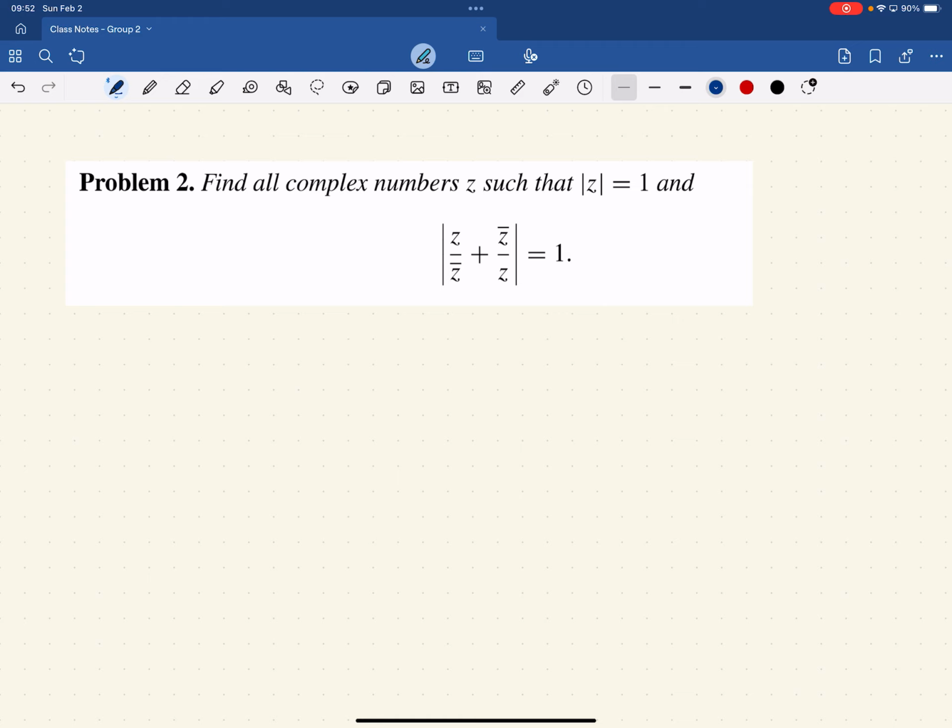Now let's challenge another one. For all complex numbers,